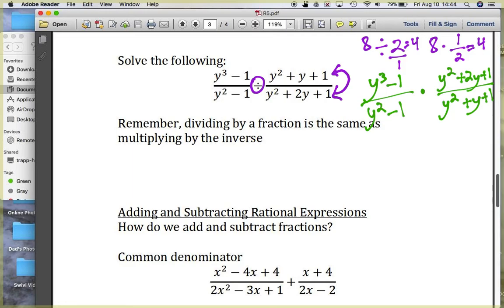So, it's now multiplication, and now we just do the same thing we did before. I haven't thought of a good memorization for factoring cubes, but remember, if there are both cubes, this is on the wall too, by the way, you have a cube here, because y times y times y is y to the third, and 1 times 1 times 1 is 1, then you can pull down their bases, the y and the 1, then